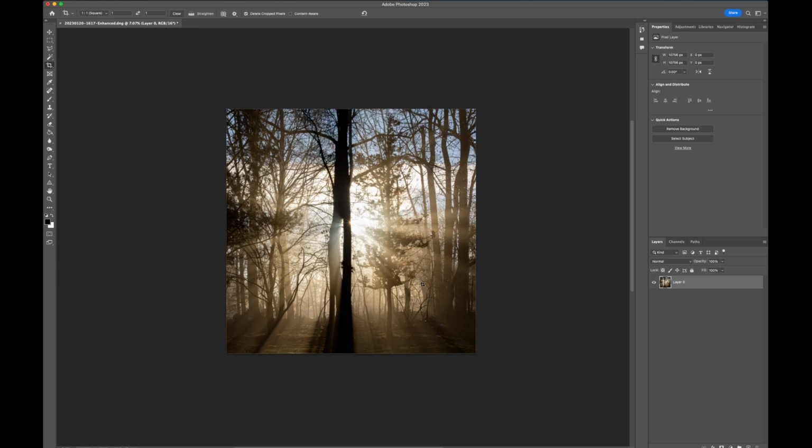I might have to bring it in a little bit there. Yeah. So now that we've got it cropped for our composition, this works out pretty well, because we have our lines coming in from the edges, bringing us to the brightest part of the scene, which is where your sun and starburst are.